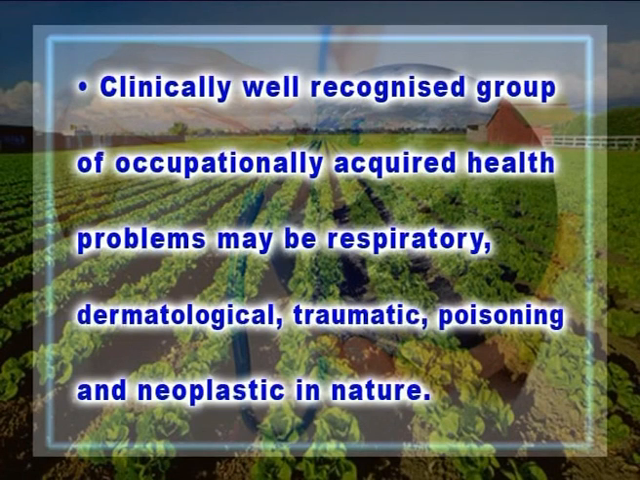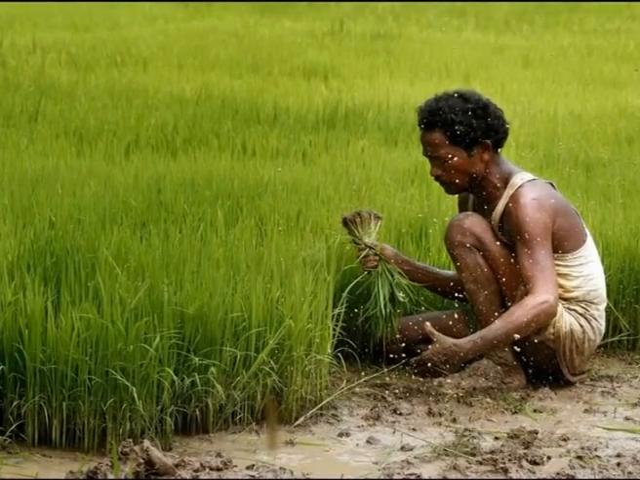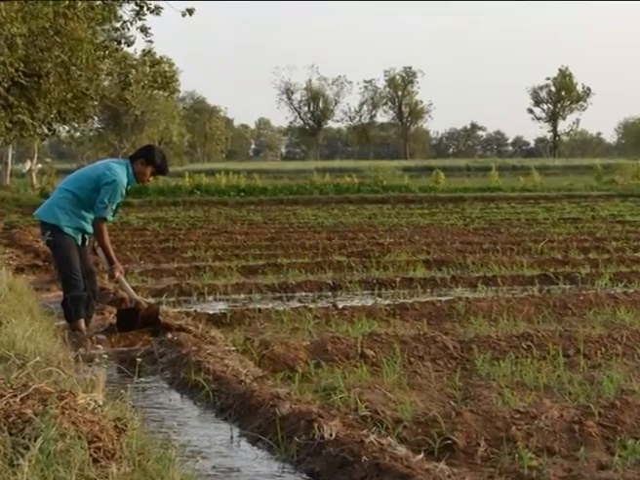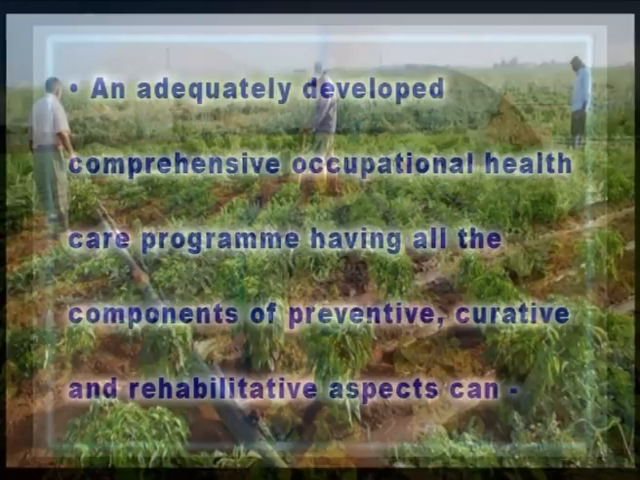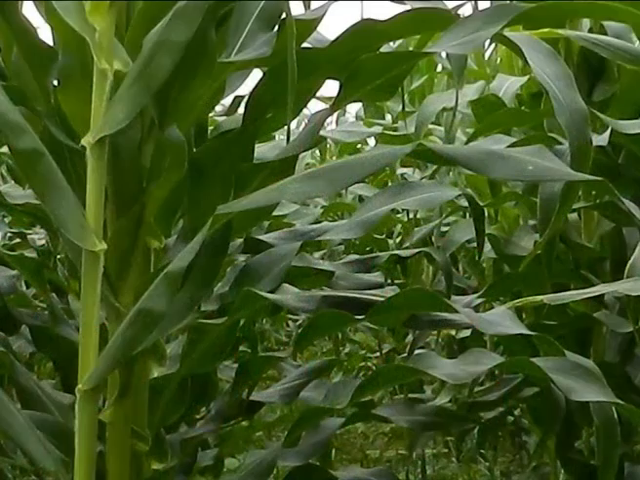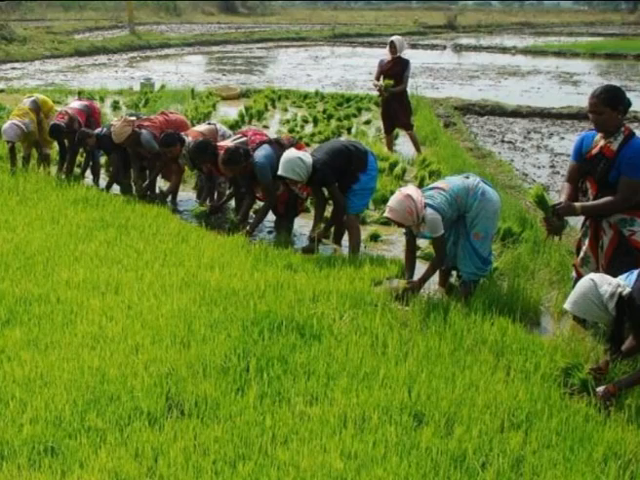We can summarize: there are very few data regarding the epidemiology of occupational health disorders among agricultural and plantation workers. Clinically well recognized groups of occupationally acquired health problems may be respiratory, dermatological, traumatic, poisoning and neoplastic in nature. Prevalence of some specific zoonotic diseases and behavioral health problems are also found to be higher among them. There is lack of attention for prevention and control of these occupational health problems. An adequately developed comprehensive occupational health care program having all the components of preventive, curative and rehabilitative aspects can only promote and maintain the highest degree of physical, mental and social well-being in all types of agricultural and plantation workers